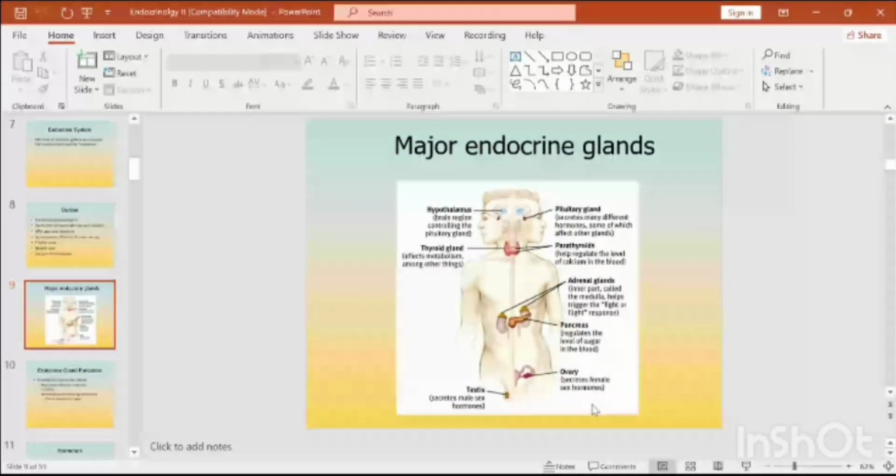So this is a diagram illustrating the order I was saying, that on the highest region, we have the hypothalamus, which sometimes we call the master gland. And just below it, we have the pituitary gland. At the neck region, we have the thyroid and the parathyroid gland. At the thorax, just above the kidneys, we have the suprarenal gland. But adjacent to the pancreas, which has two parts, the exocrine and the endocrine. So the exocrine is concerned with